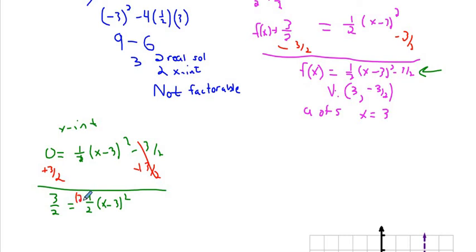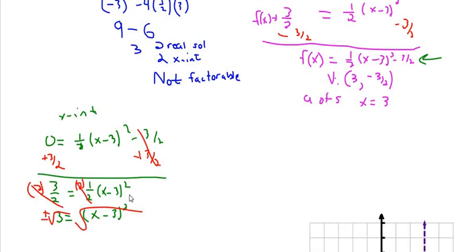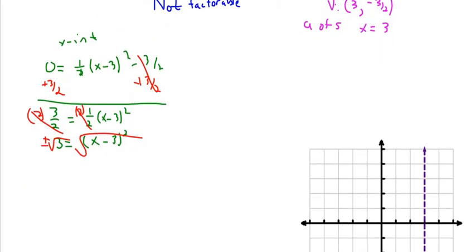So we're going to multiply times 2 to cancel this. And then I'm going to multiply 2 over here. And as you can see, that wasn't so bad. So we end up getting 3, and that is equal to (x - 3) squared. And then we will take the square root. Don't forget your plus or minus here. All right. And so then we end up with plus or minus 3, square root of 3,